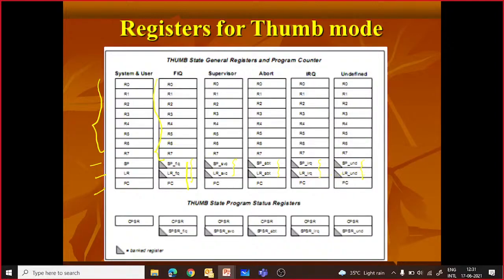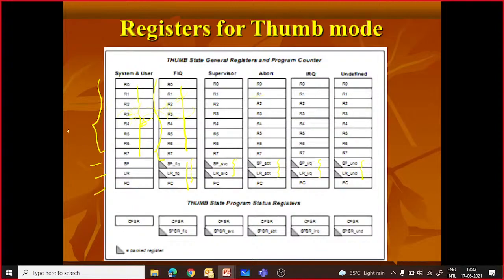So in thumb mode, if you are going to utilize R0 to R7 in FIQ mode, it is the programmer's duty to save all these registers R0 to R7, which were there in normal mode, in stack memory. Everywhere it's the programmer's responsibility: if registers used in normal mode are also used in FIQ, supervisor or abort mode, then you must save them in stack memory, and when coming back from FIQ to normal mode, pop them from the stack memory.